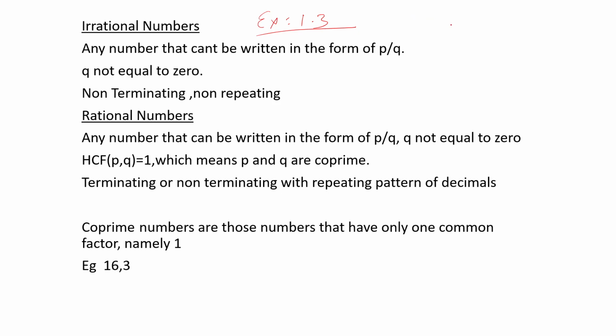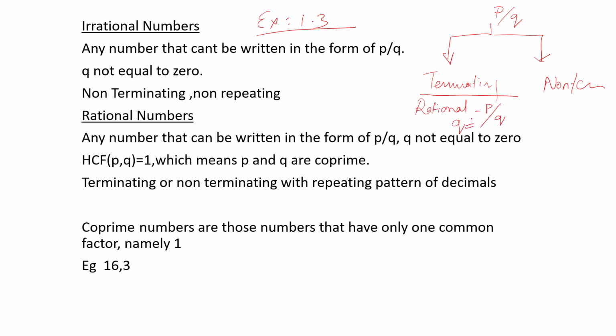Okay, so what are the things I have already taught you regarding rational numbers and irrational numbers. I wish to give you a recap in this. A number can be either, if you divide two numbers, that is p by q. If a number is in decimal form, it can be either terminating or non-terminating. If it is terminating, then it is called a rational number and can be written in the form of p by q, q not equal to 0.